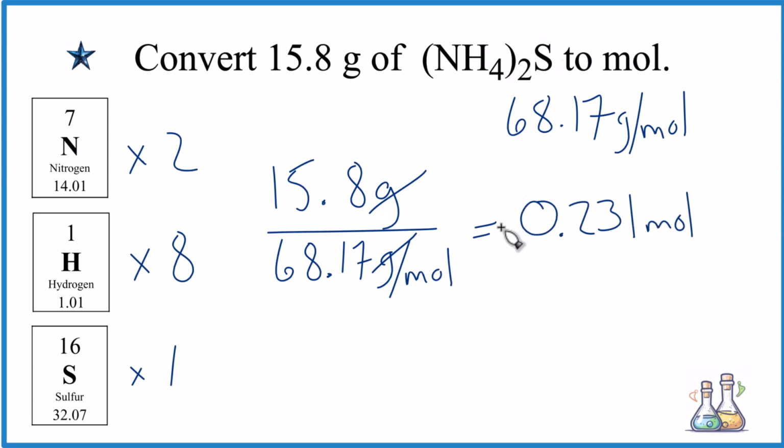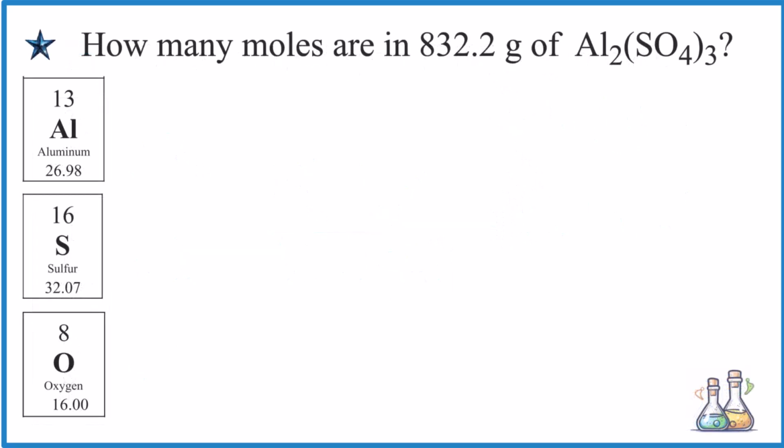Okay, last one. Pause and figure out how many moles we have in 832.2 grams of aluminum sulfate. So here it's worded a little bit differently. We're asking for moles and they give you the grams. Before they were giving us the grams first. But either way, we're given grams, we want to know moles,